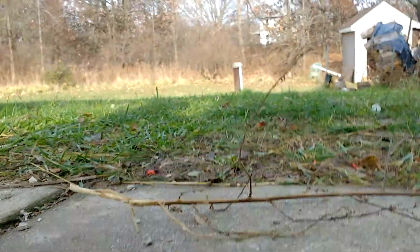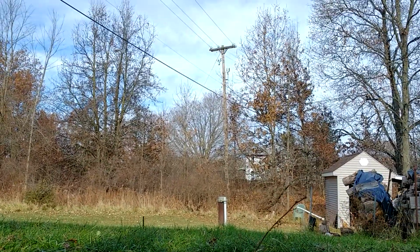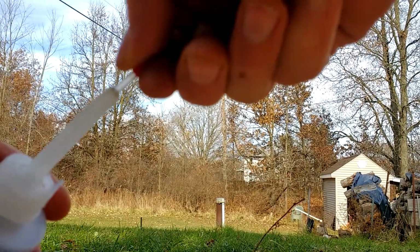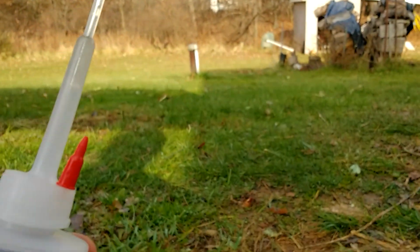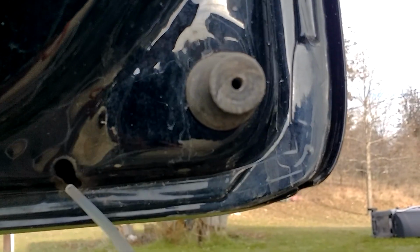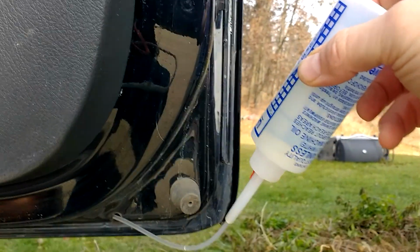What's nice about this product is you can take the top off and refill it. Also, it has an extendable little nose. Take the little red cap off, set her in there like so, and you are good to go. So what you do is you take and you find, just like so, get her in there, turn her up like this,